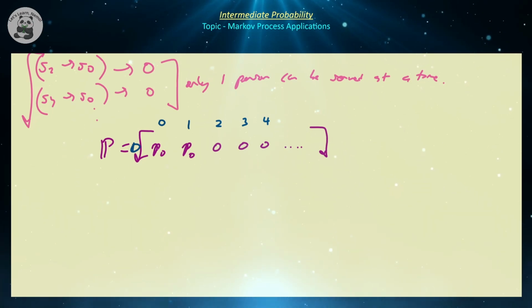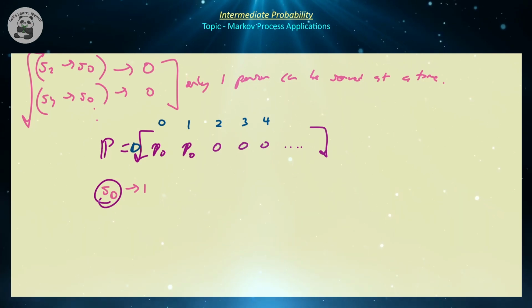Let's look at S0 to S1. The only way to go from S0 to S1, that means we have 0 people, which means nobody can be served on the next iteration, and then 1 person came. So the only way that can happen is if the probability of people coming is equal to P1,